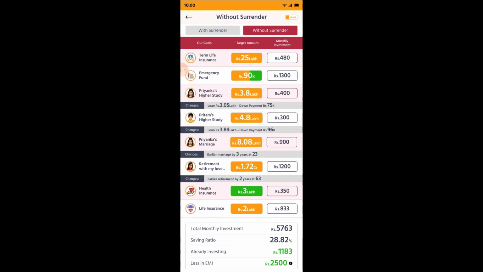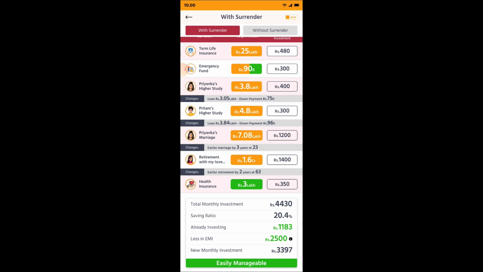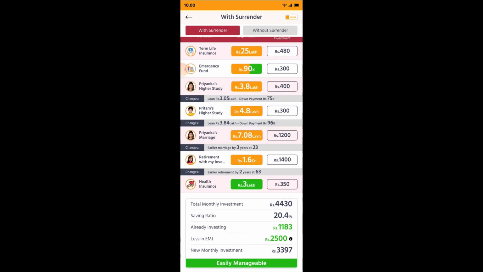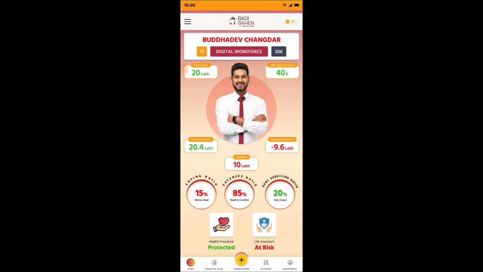So Buddy Behan gives us the updated with surrender, like what we can do and how we can manage. So here the total monthly investment becomes 4430, which is possible to do and it is easily manageable. So this is the with surrender and without surrender screens.